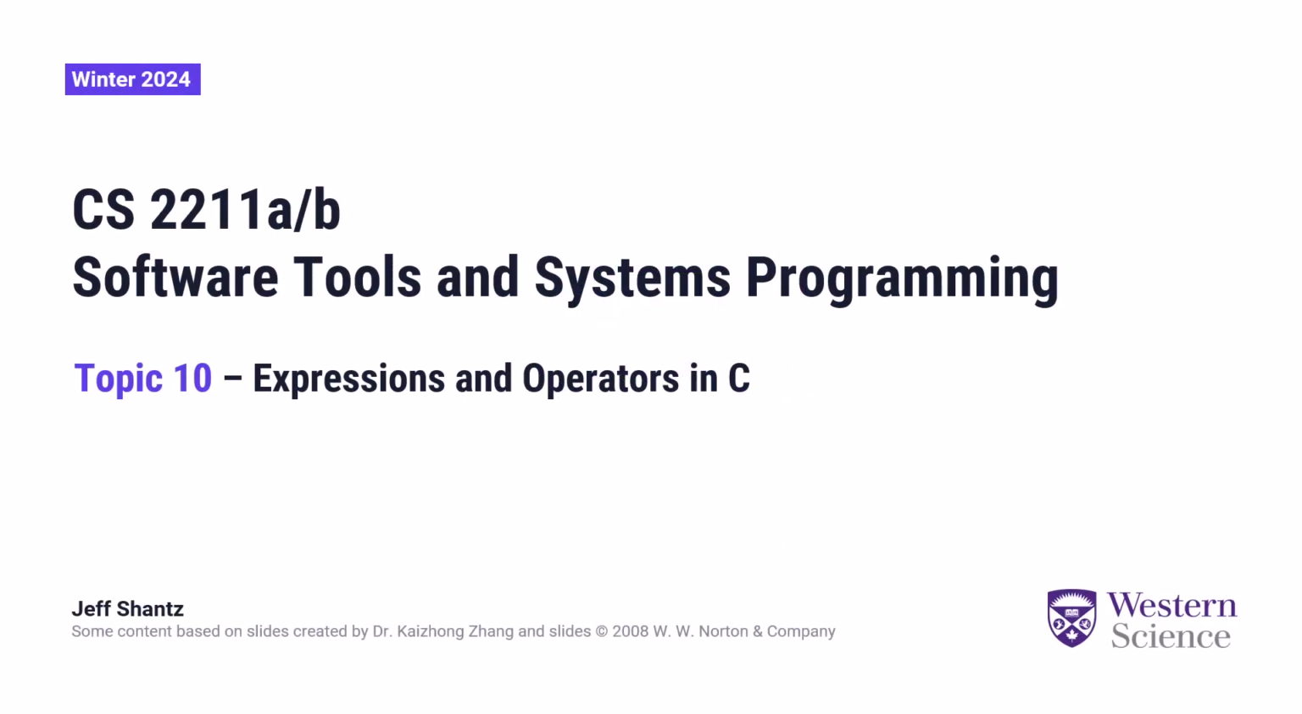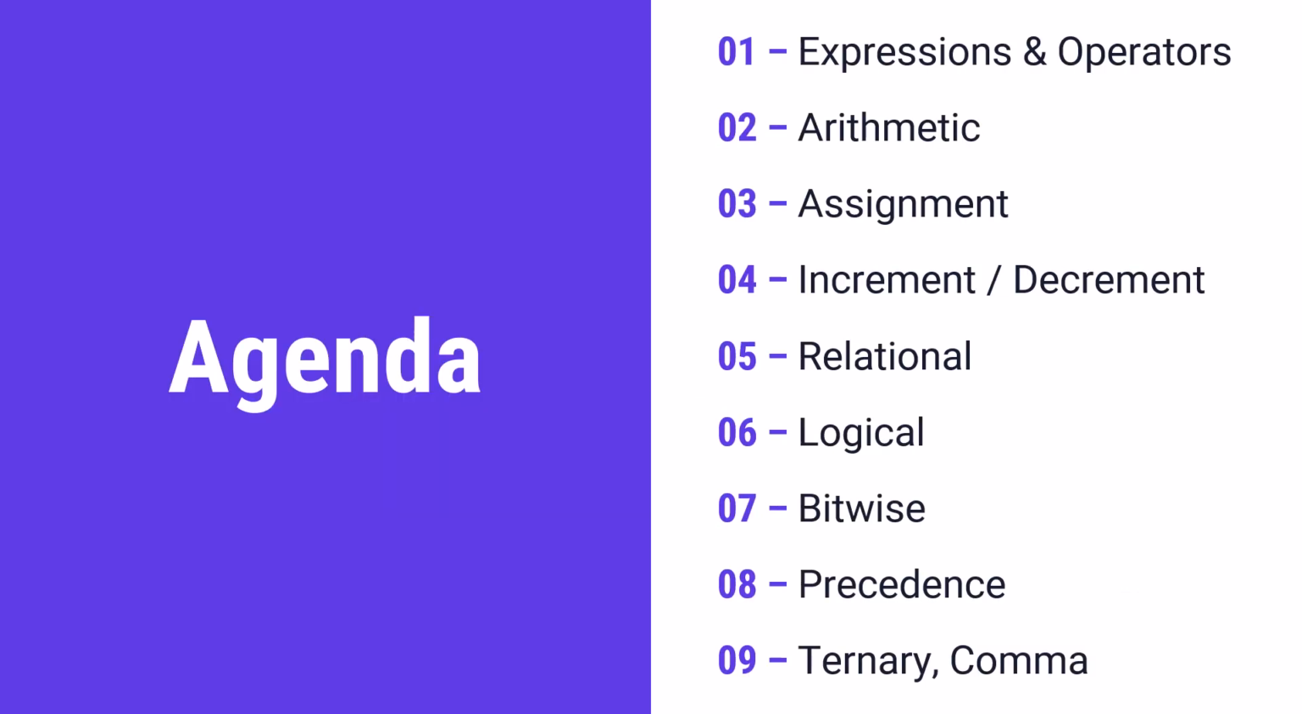So we are looking now at topic 10, expressions and operators in C, talking about what an expression is. We will look at various operators: the arithmetic operators, assignment, increment and decrement operators, relational and logical. We'll look at the bitwise operators, talk about precedence and associativity, and then we'll wrap it up with the ternary